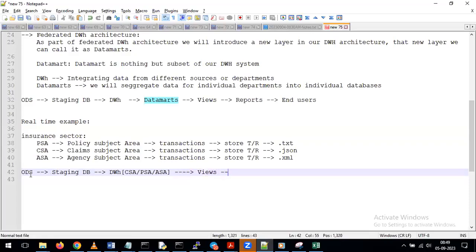On top of that, we are going to create reports. End users are going to perform the analysis. Now, you tell me, if I am going to give the inflow like this, what kind of architecture is it? In this architecture, are we calling anything data marts here? We are not introducing any data mart here. For that reason, this kind of architecture we can simply call nothing but centralized data warehousing